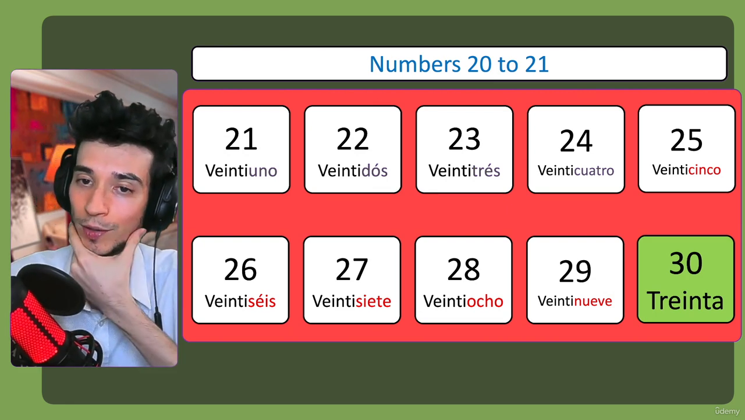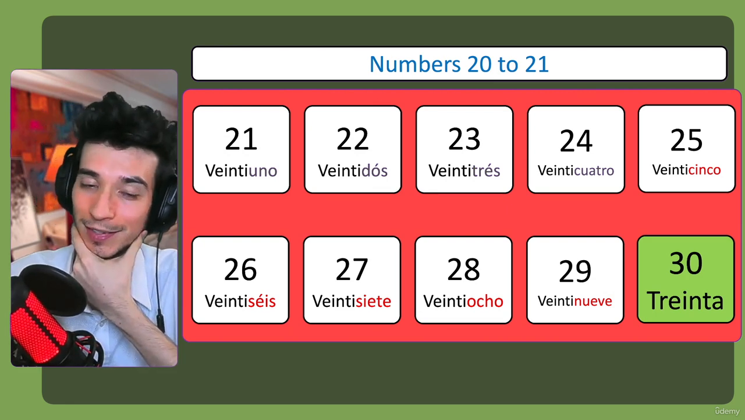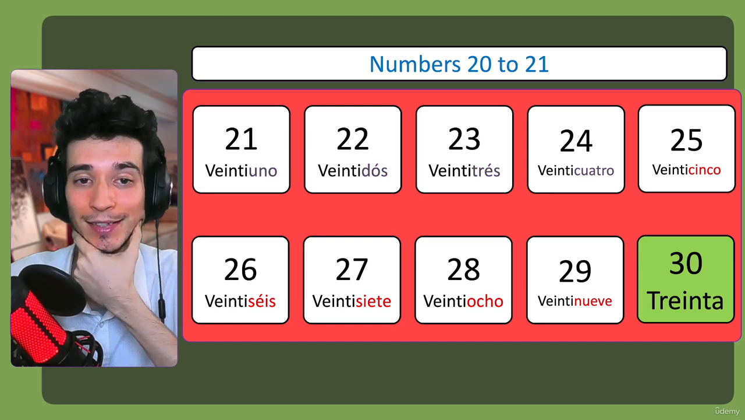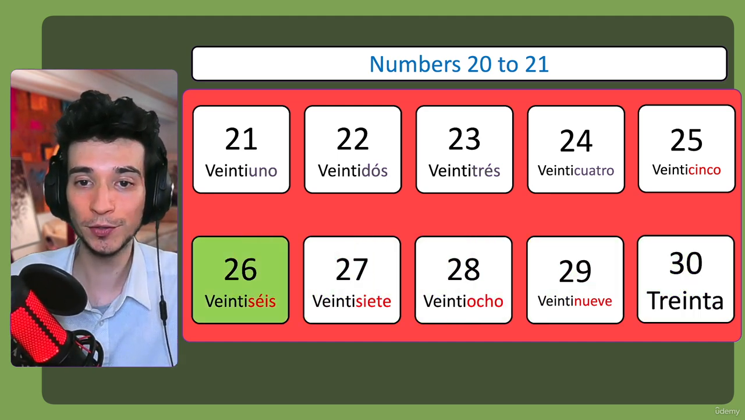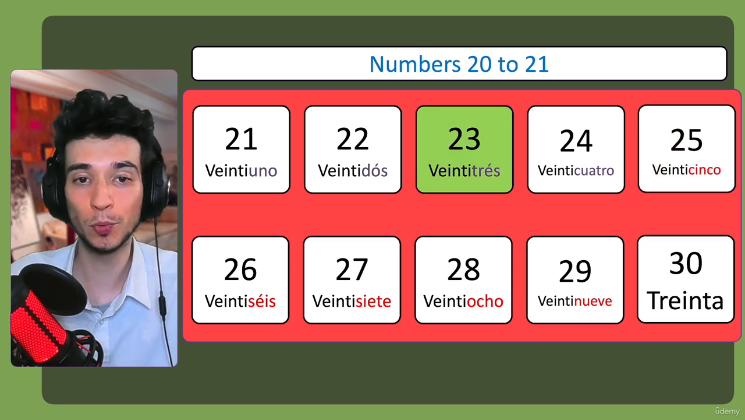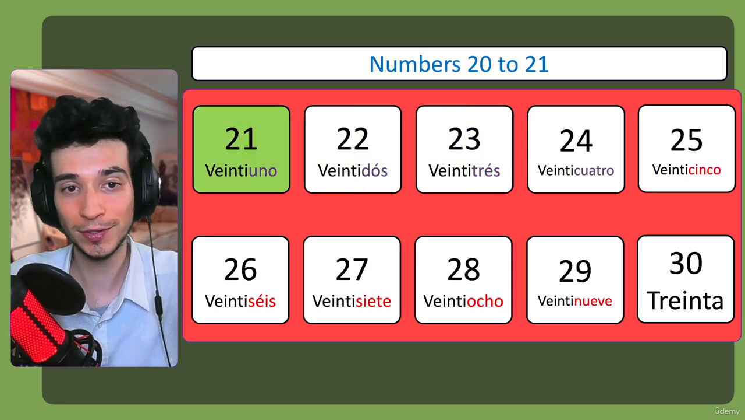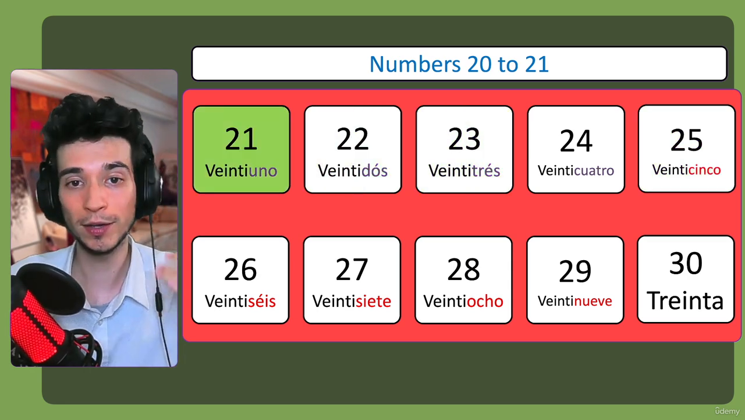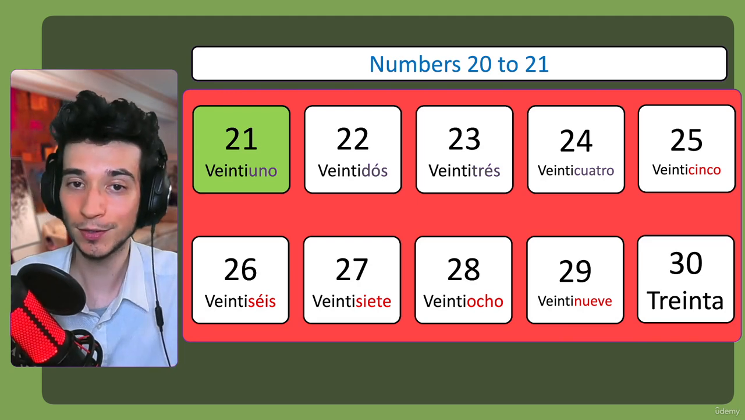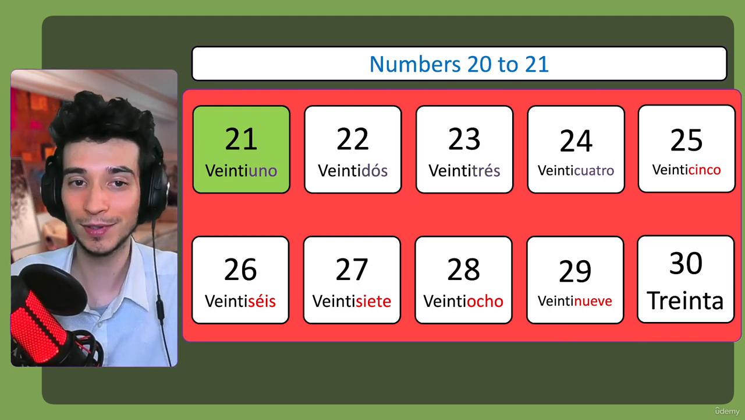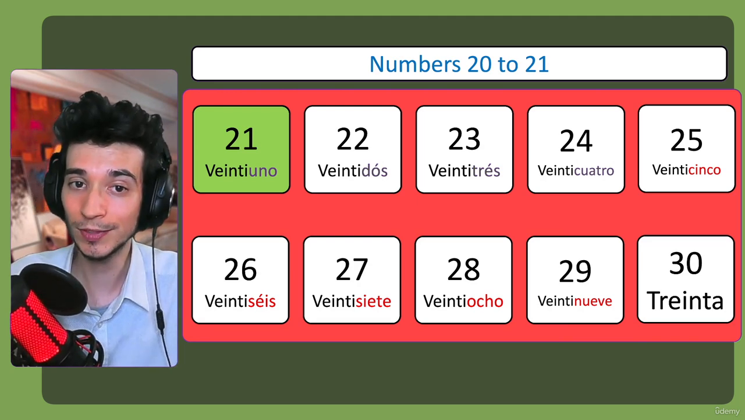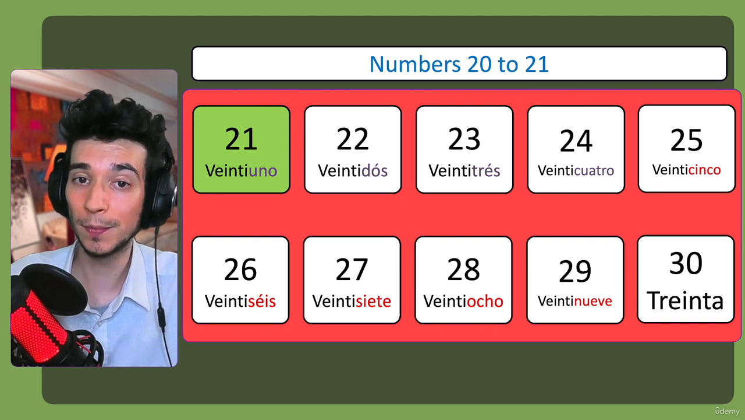30 is kind of like tres. It sounds a lot like tres. So yes, this is why I say that the 0 to 10 are the most important ones, because you will use them a lot. 20 and 1, 20 and 2, 20 and 3. They're easy to remember. So yeah, 21, 22,